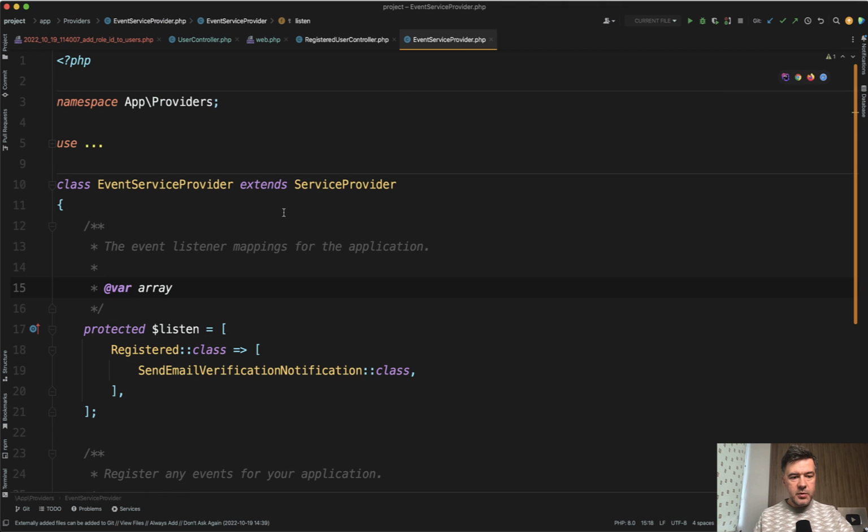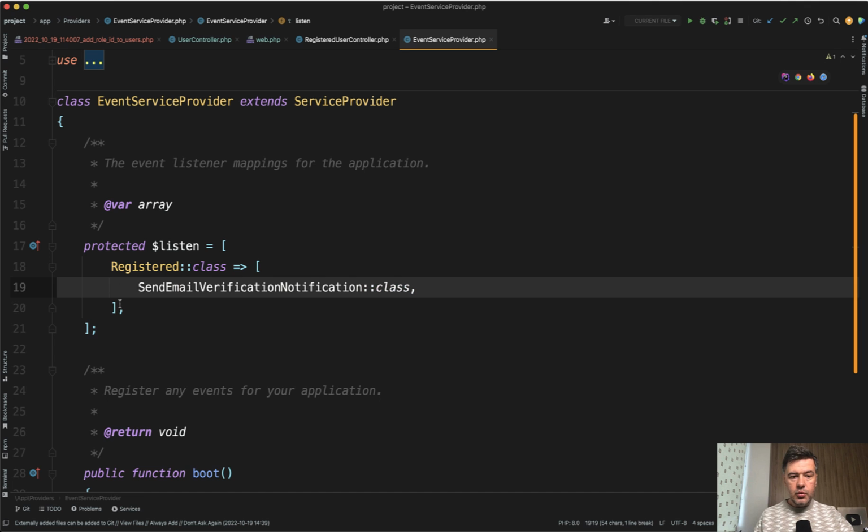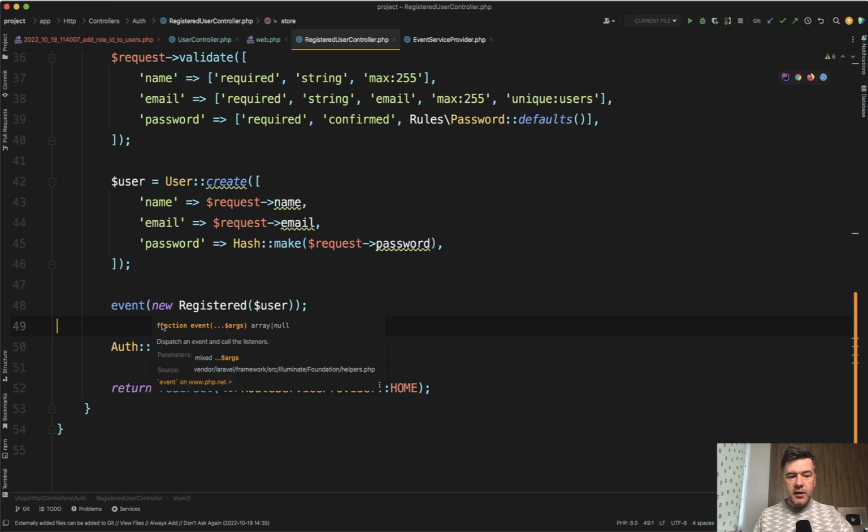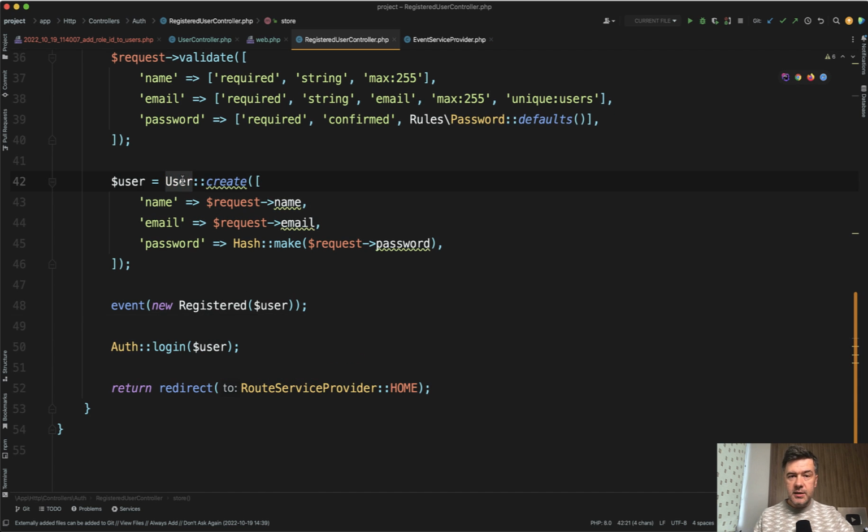In the EventServiceProvider, you may find this Registered class. It's about sending the verification email if you want to use the MustVerifyEmail feature from the User model. This comes from default Laravel. But generally, if you want to fire the event from some controller about some model created, you may of course use model observers, or